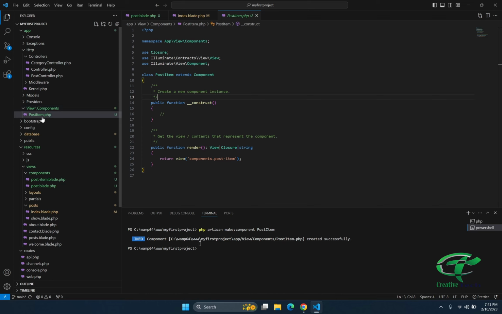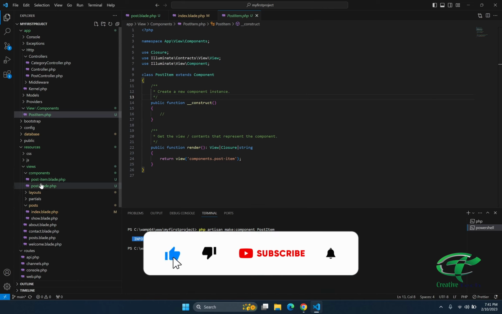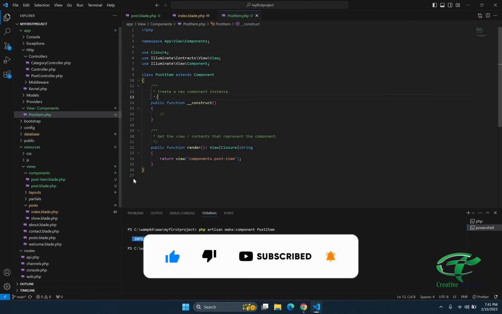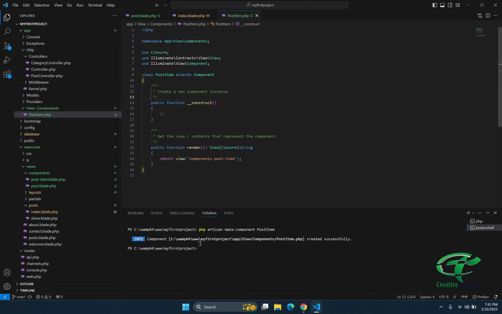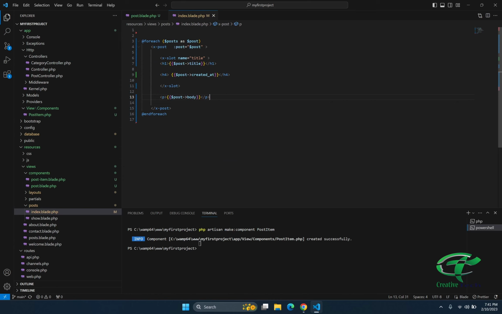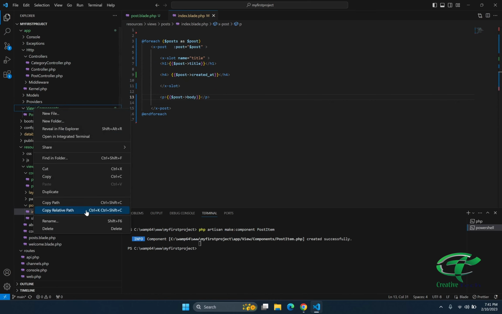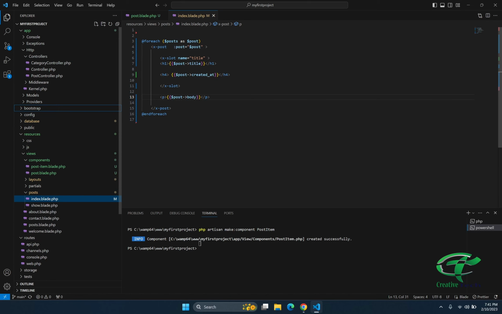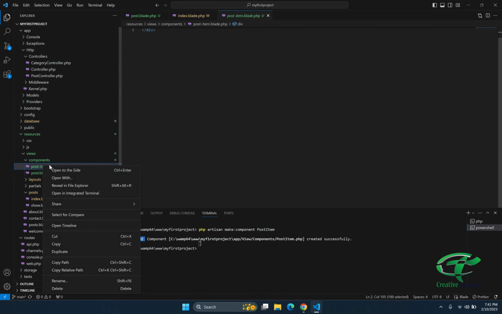And here the naming: you can see the P is capital and the I is capital in the class name, but in the view you can see there is a dash in it. So post and item with a dash in it. Okay, so this is called kebab case. This is the Laravel convention. So now let me close this and delete this folder and delete this file,